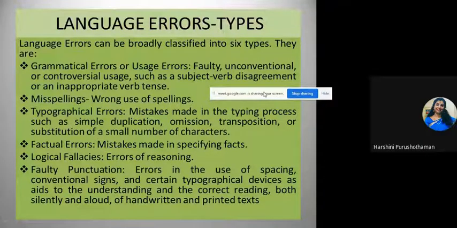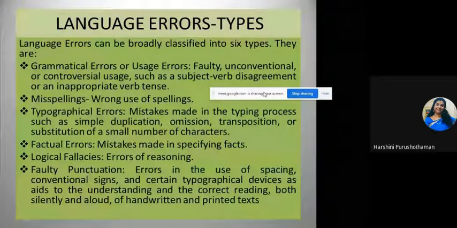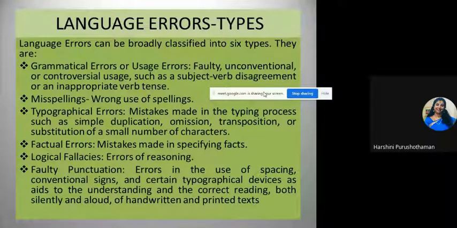These are mistakes made in the typing process, such as simple duplication, where a word repeats, then omission, where some words get missed, then transposition or substitution of a small number of characters. So these are typographical errors, and then factual errors, mistakes made in specifying fact.